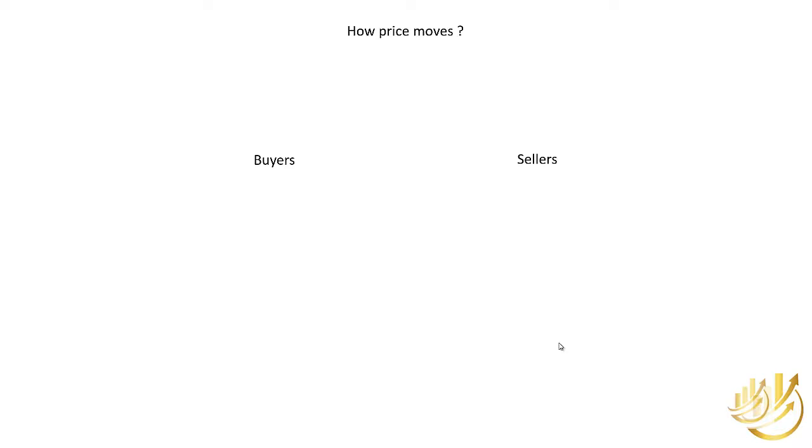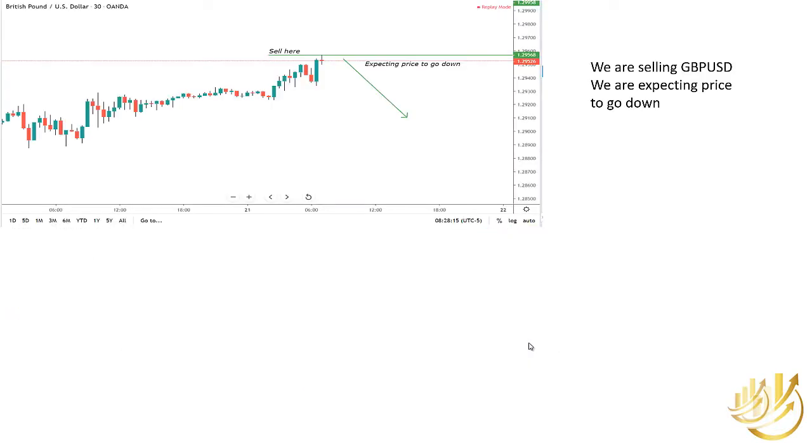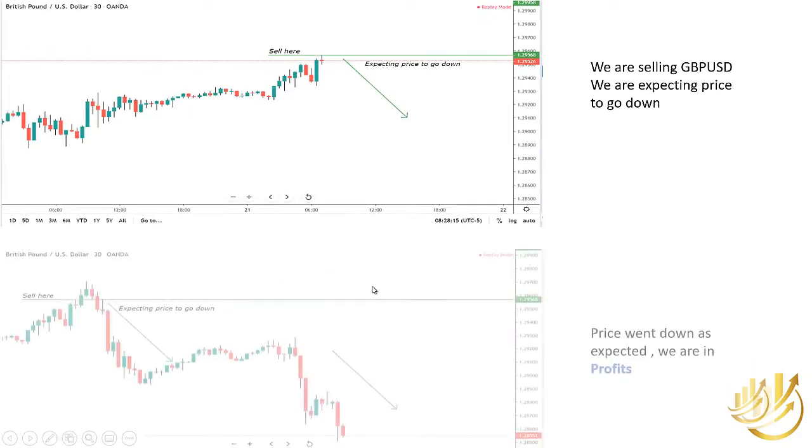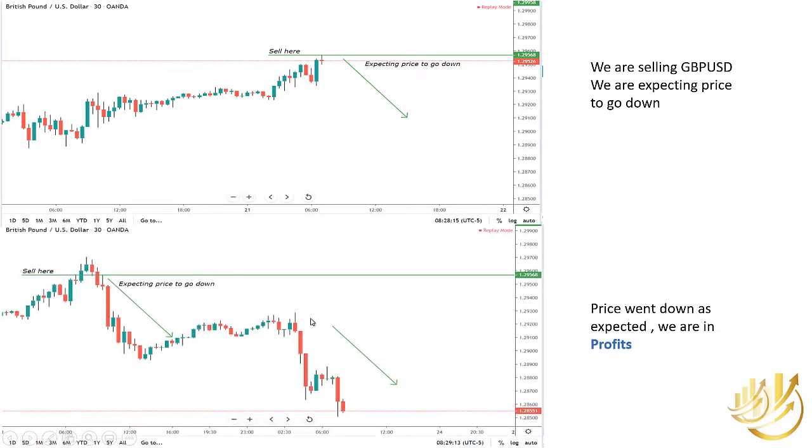If you go back to the previous slide, you see that when price starts to go up, all these green candles are bigger than the red candles. That is why it moved up. A green candle reflects buyers' strength in the market, and vice versa. A red candle reflects sellers' strength in the market. You see there are big red candles when the price starts to go down. So all you need to do is pick up these points where you see that price might change, and understand by reading charts who is in control of the market.